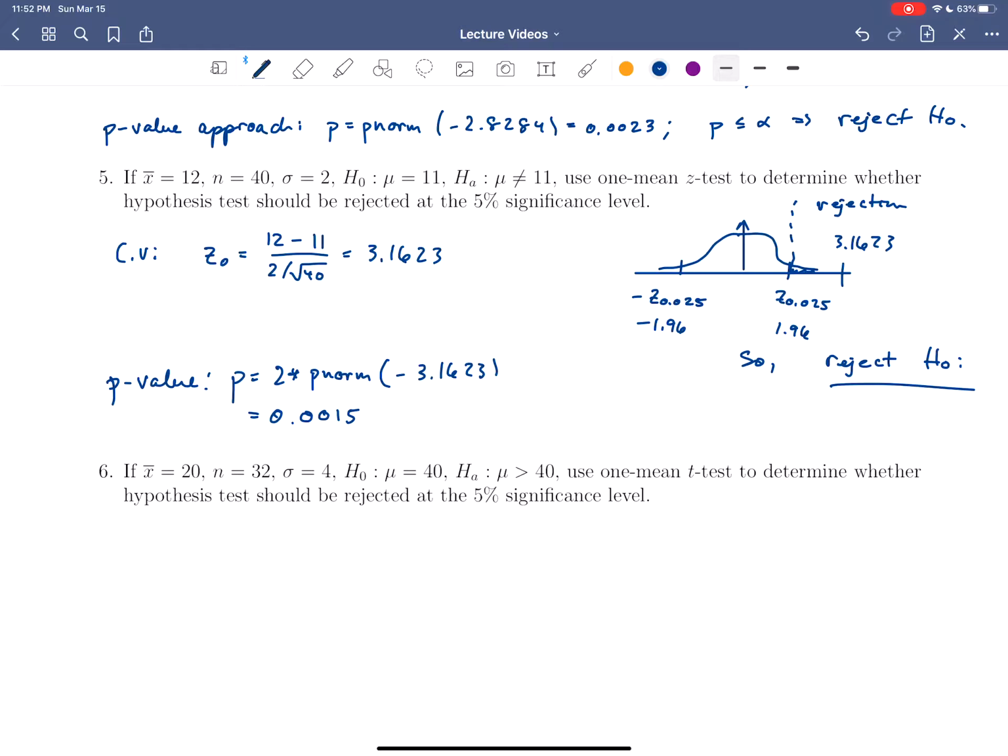Actually, if I'm rounding correctly, my math lab would yell at me for that, but it's 0.0016 because it's 0.001565, blah, blah, blah. So 0.0016. P is definitely less than or equal to alpha. So we reject the null hypothesis. Okay, that's the idea. That's our conclusion. We'll do the next